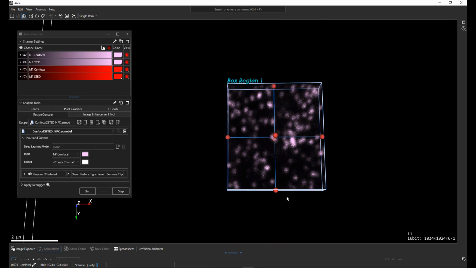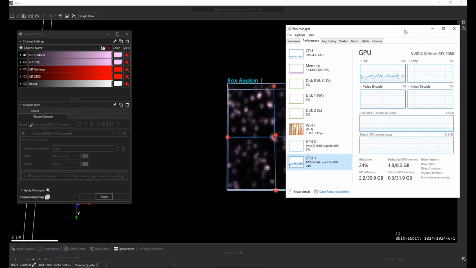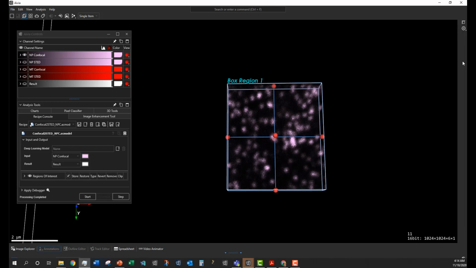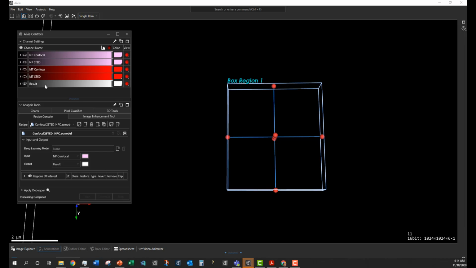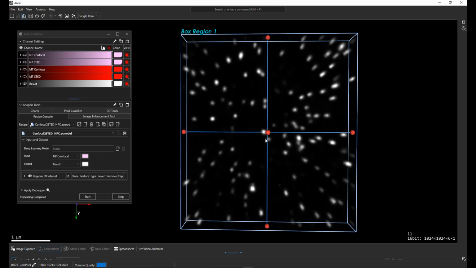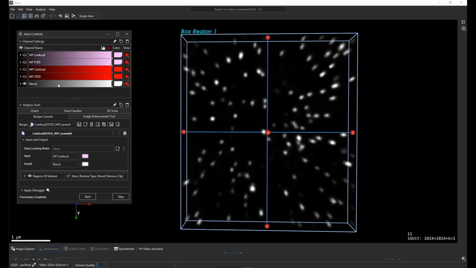I'm setting up a smaller ROI so that we can do this quickly in real time here. Then I select the channel that I want to apply it to and hit go. Just going to bring in here the task manager so you see what is happening here on my GPU. So you can see it has already happened. And now I have a result channel. This result channel has the restoration that I have created using the pre-trained deep learning model. So that's what it looks like, the confocal,